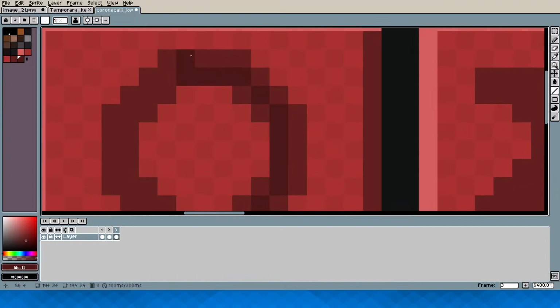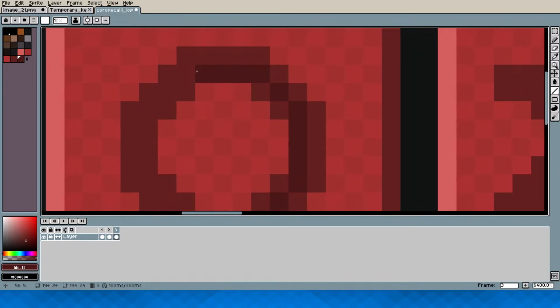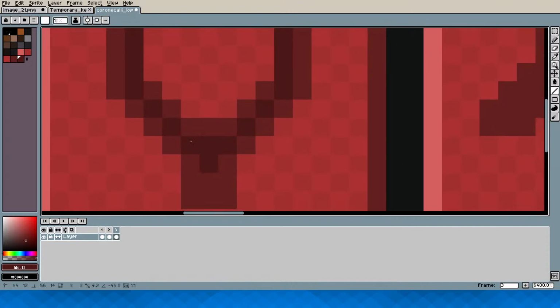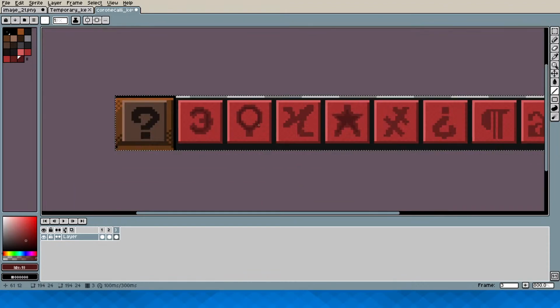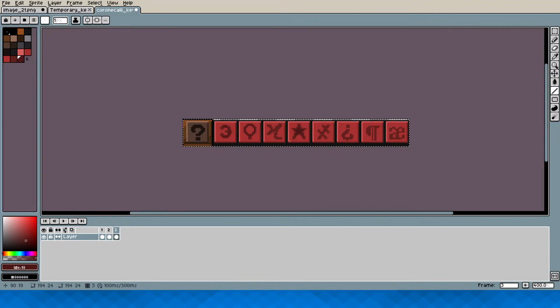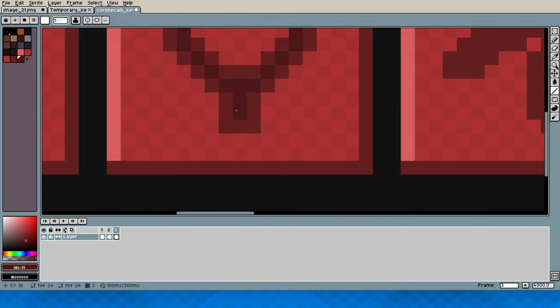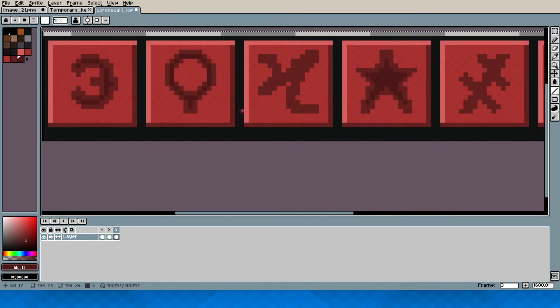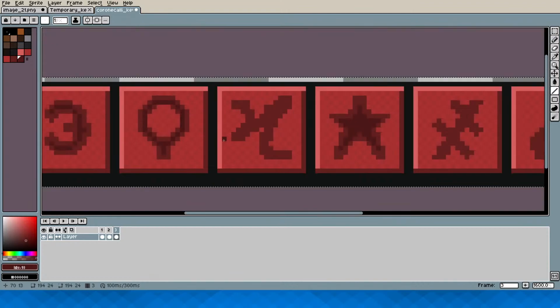This is only 2 wide, so it's a bit hard to fit the dark part in. Hey, that works. But this looks off. I think I'll add this. Yeah, that looks better. Alright.